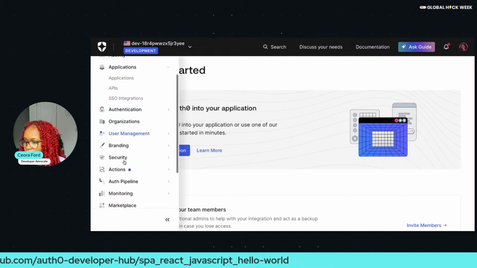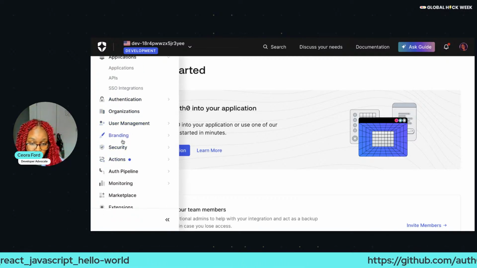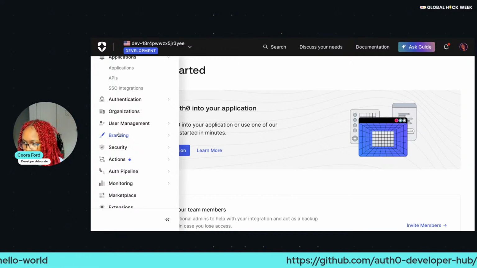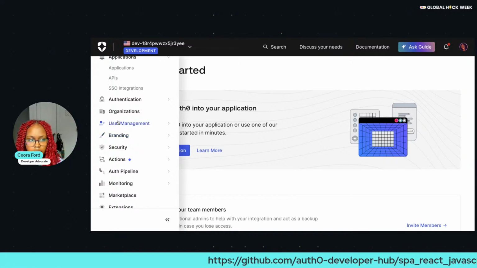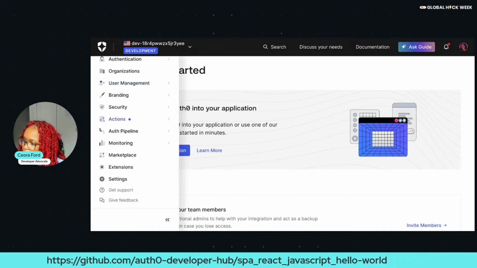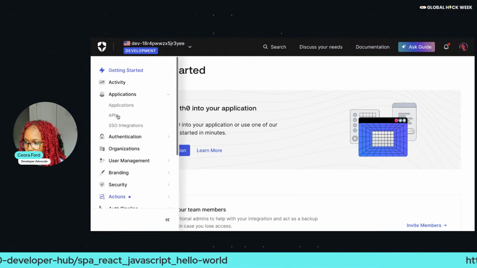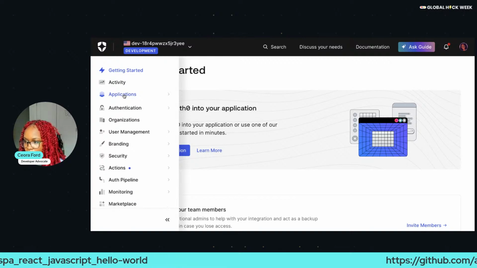And then there are some other things that are going to become interesting as time goes on if you decide to fiddle with Auth0 a little bit more later, like branding, user management. This is where you're going to be able to look at all of your users when they log in and log out. And then you have actions, which is really interesting as well. I'm happy to share resources for learning more about some of these things, but let's start off by